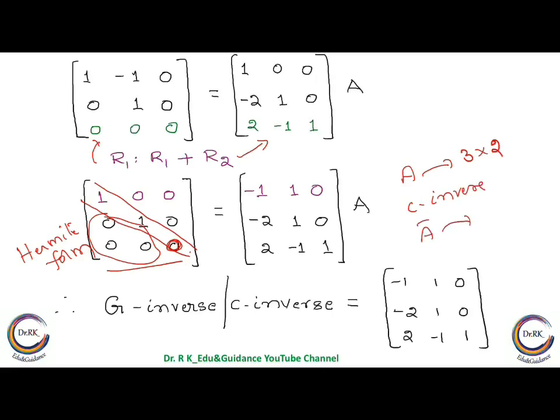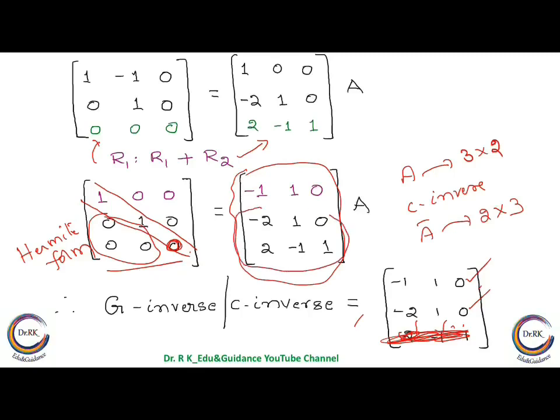So from this we can select any 2 by 3 submatrix, and that is an inverse. Here, 2 rows and 3 columns, this is one C inverse. If you want, we can take only this part whose order is 2 by 3. It is also another C inverse. That's why I have been repeatedly saying, if A is a matrix of order 3 by 2, then its C inverse is of order 2 by 3, and it need not be unique.